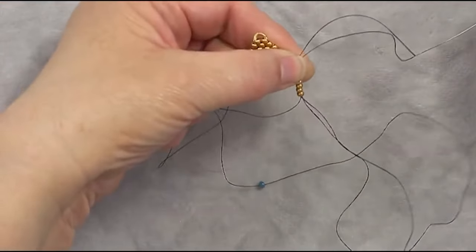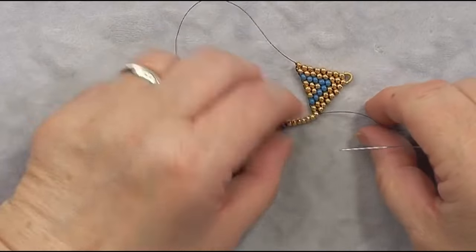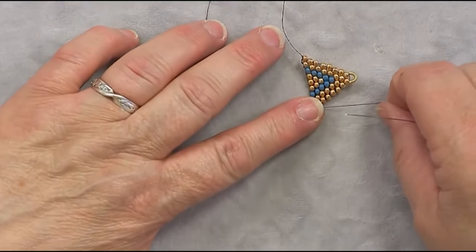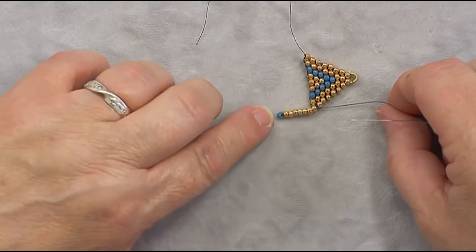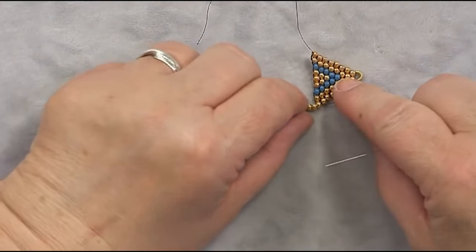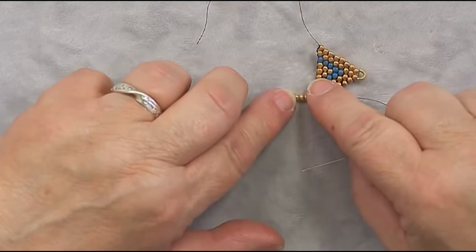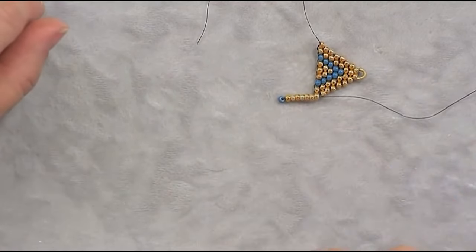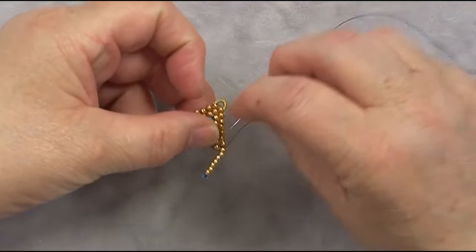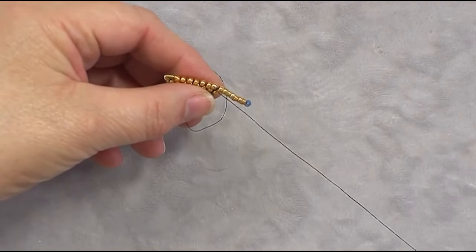So I'm going to hold those, pull it up through, and when I get near, I tend to put it flat because I find it easier flat. Put it on there and just hold. You don't want to pull that really, really tight, because you can see how these start getting out of line. You want them to sit flush and comfy without being pulled tight. So that's now set in there. You're going to take your thread, go down through the next bead without pulling that extra much,